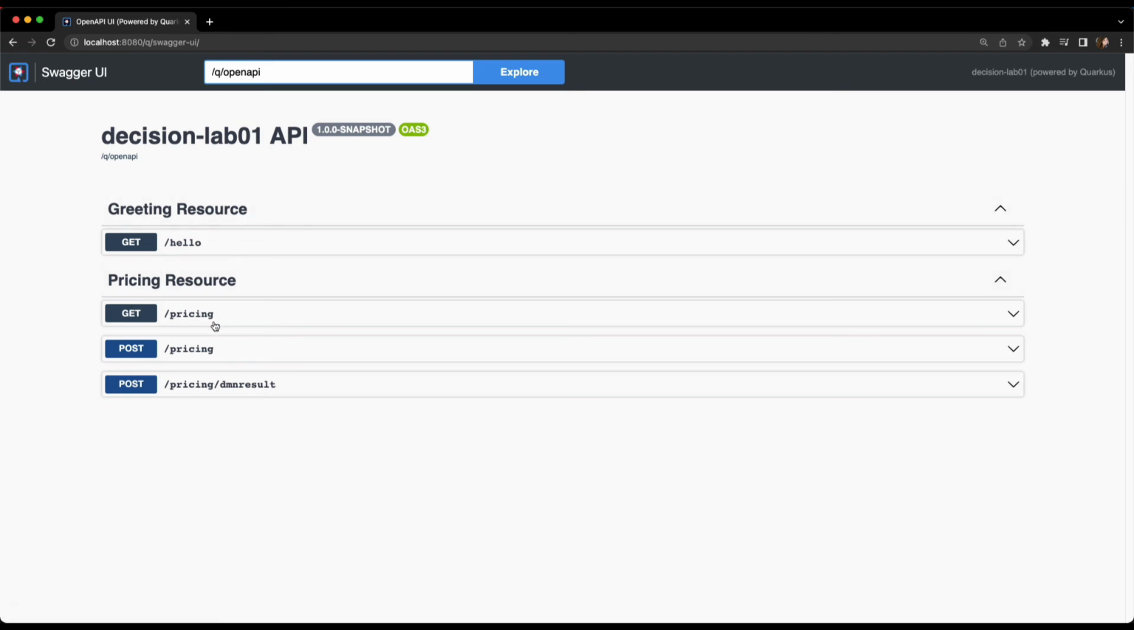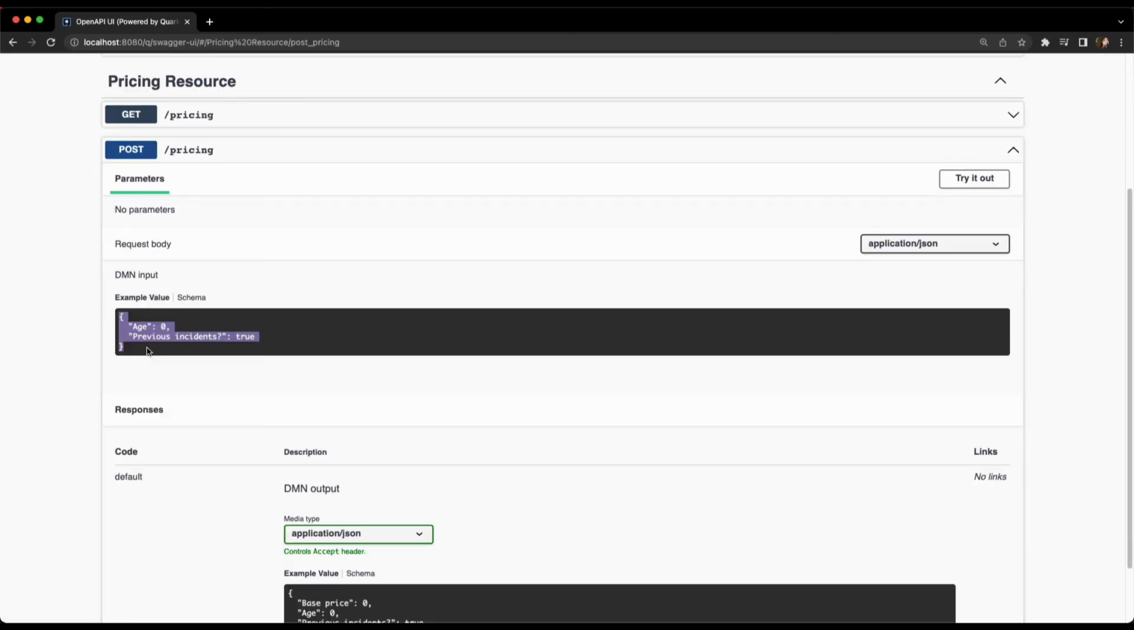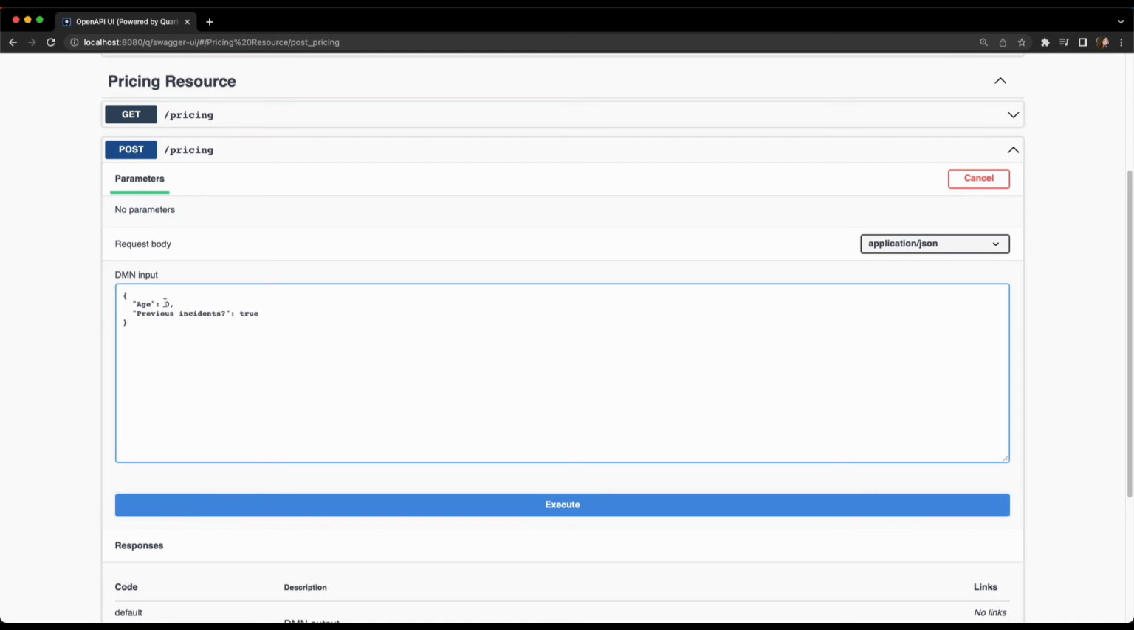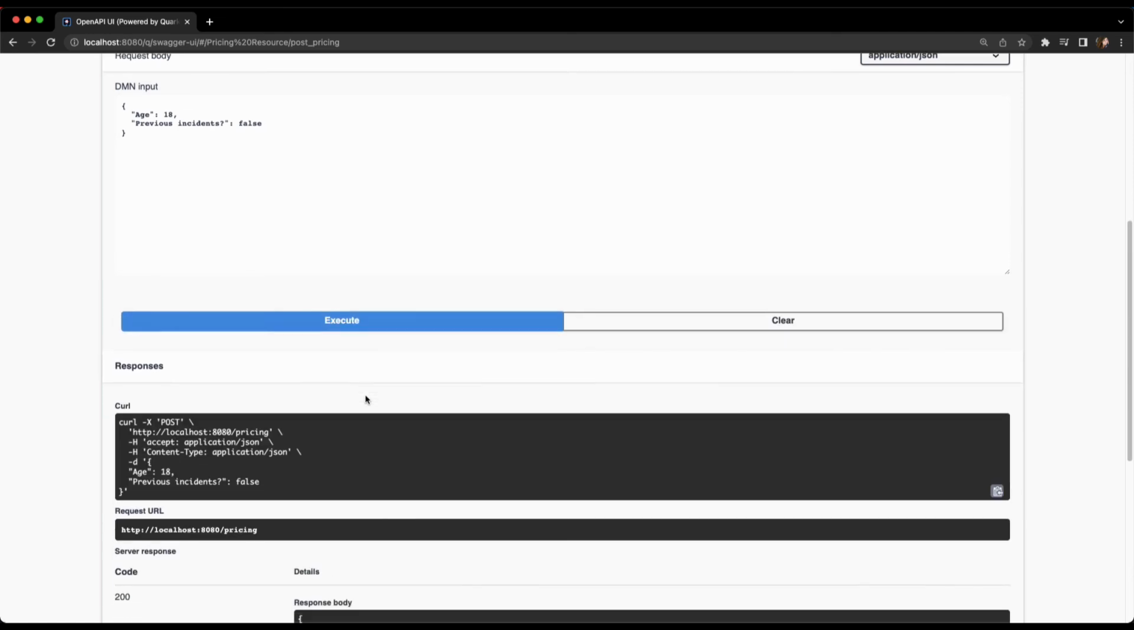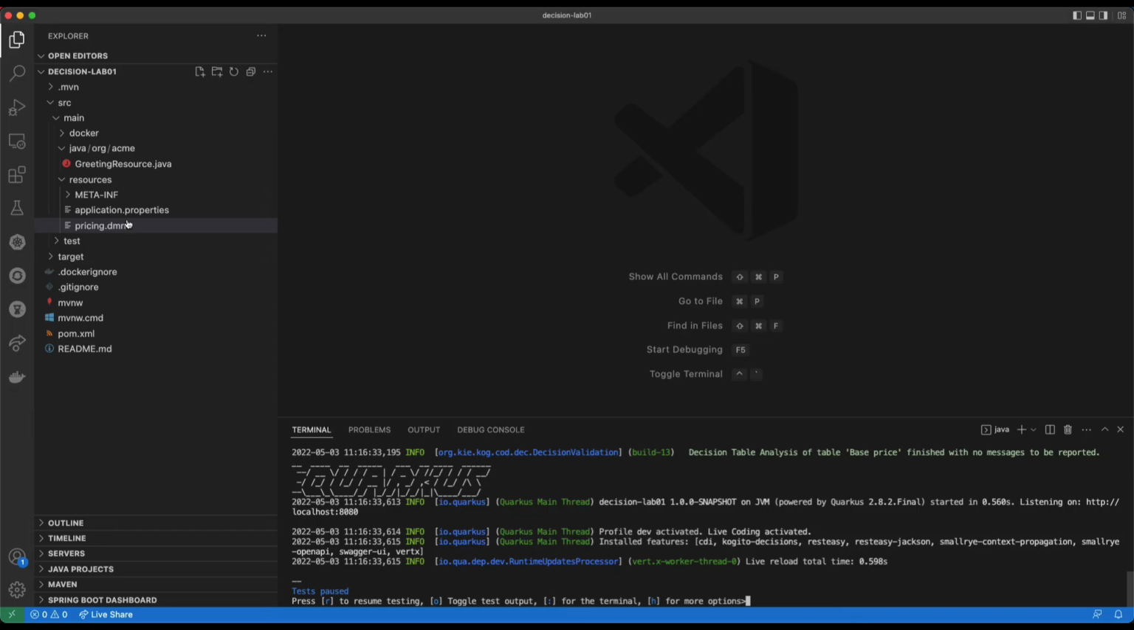So if we open the post for our DMN, we can see that it can also define the inputs that are expected by this decision. So if someone is under 18 years, under 22 years, and has no previous incidents, we should see that the base price is 800. So if we need to change this decision